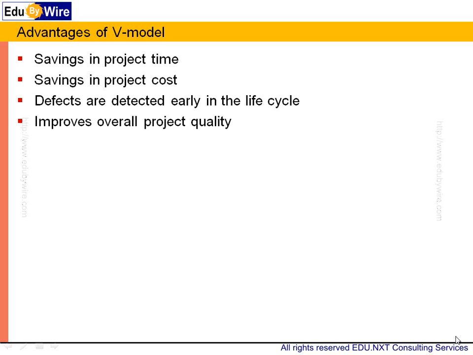V model also results into improvement in the overall project quality. This is again because of defect detection at the early stages of life cycle, and hence the number of defects getting introduced inside the code are comparatively less. So it basically also helps us to prevent the defects. So these are the key advantages of V model over